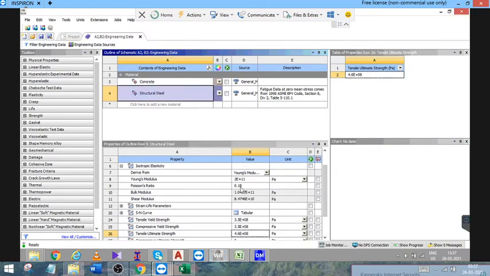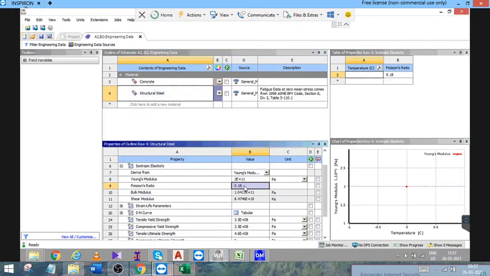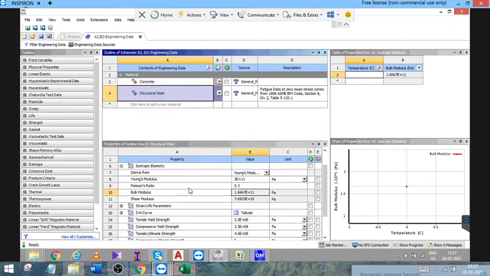I'm sorry, please note that the structural steel Poisson's ratio is 0.3, it's not 0.18. The rest of the values will remain the same.